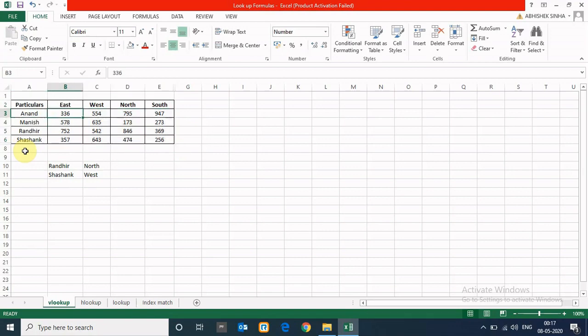So here 336 represents Anand's sales in east region. 635 represents Manish's sales in west region. So these are the sales performance details.